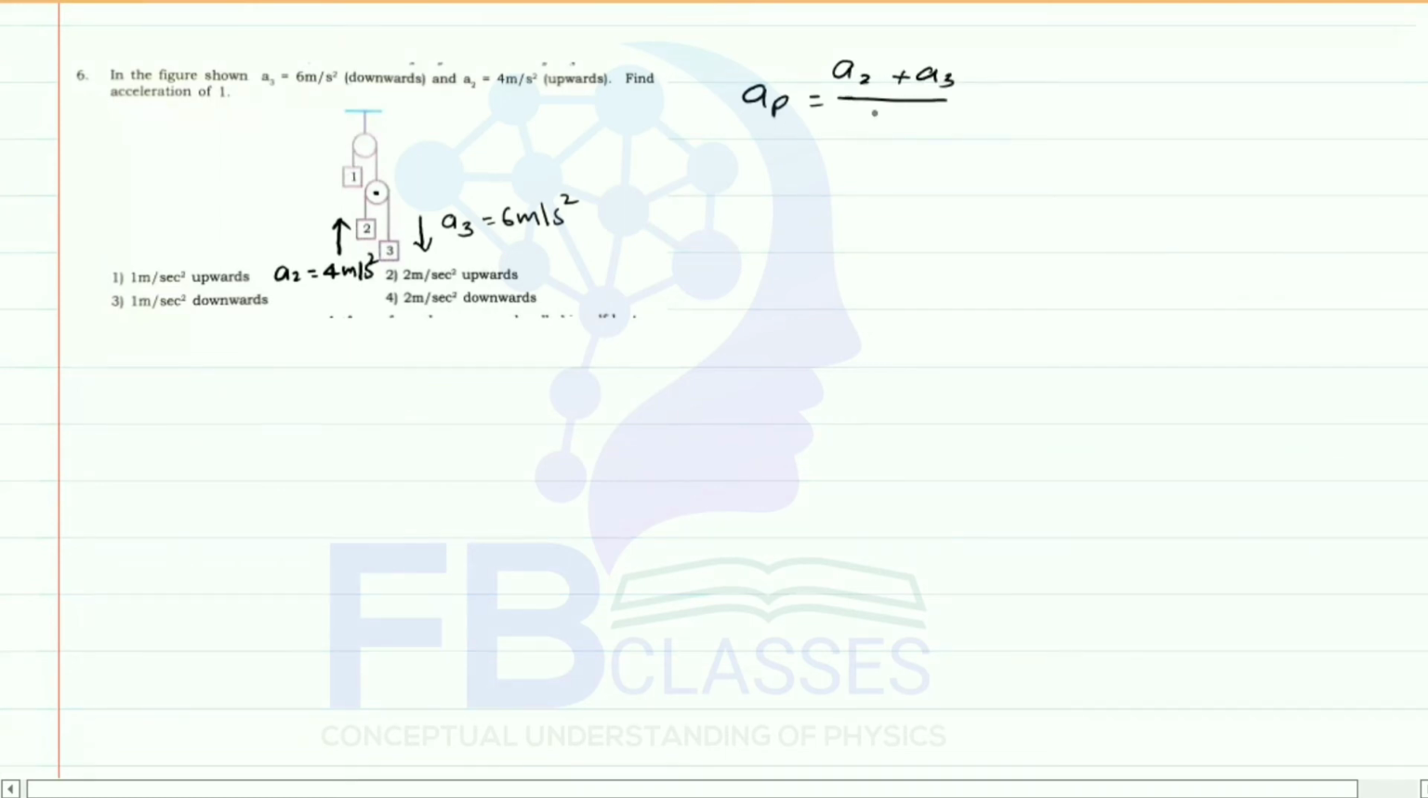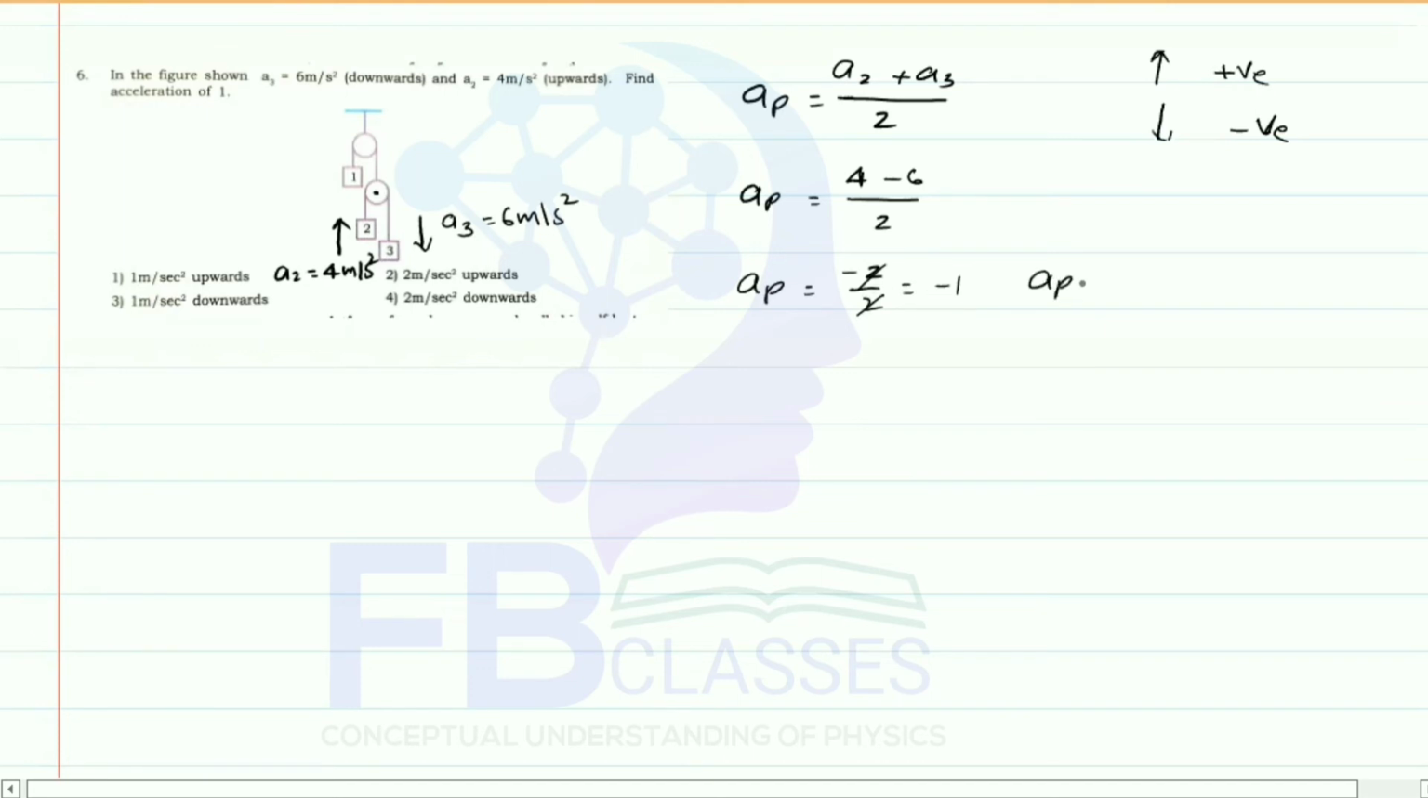A2 plus A3 upon 2. We know the formula. So AP is equal to, now see here, upward direction I am going to take as a positive direction, and downwards I am going to take as a negative sign. Okay, so now A2 is equal to plus 4, A3 is equal to minus 6, so 4 minus 6 upon 2, so AP is equal to minus 2 upon 2, so it becomes minus 1 meter per second